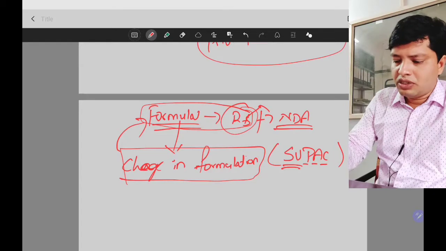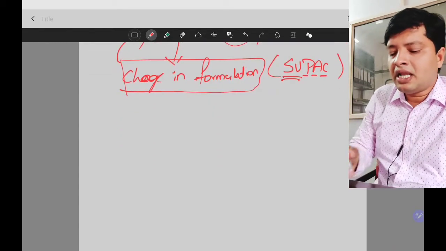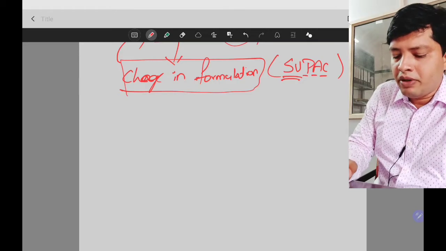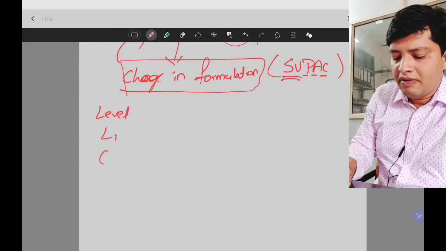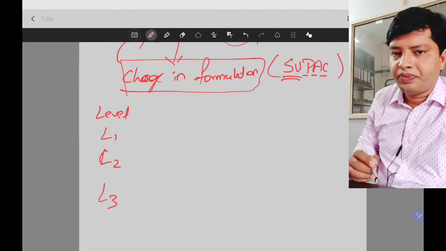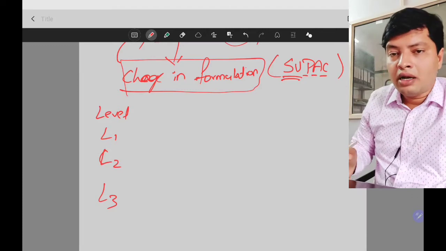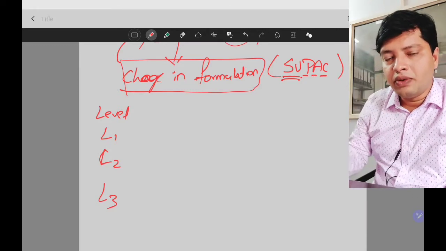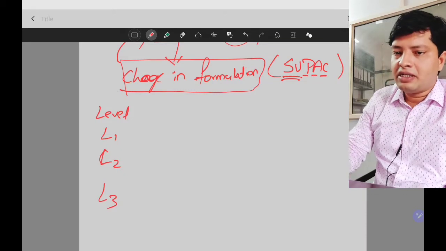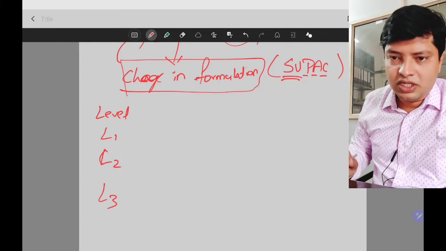So in short, what the SUPAC guideline says is, if at all you are changing, what is the level of change? The first thing you need to keep in your mind is the level of change: level 1, level 2 and level 3. These changes depend on what the impact of the change is on the safety and efficacy, or safety and performance, of the dosage form.